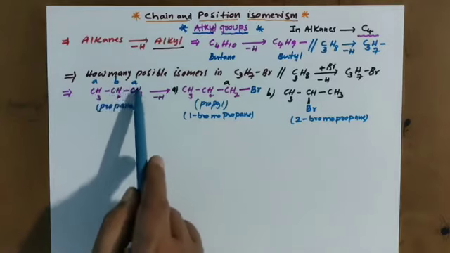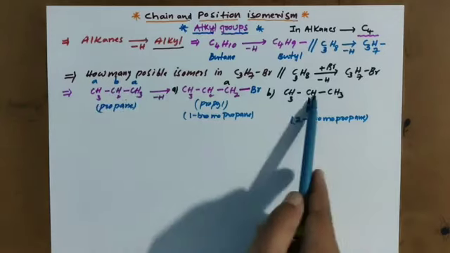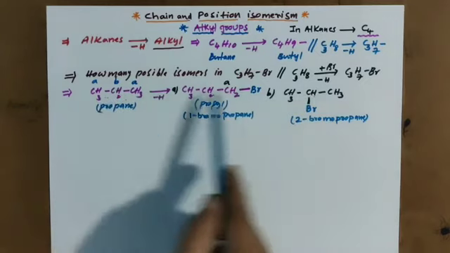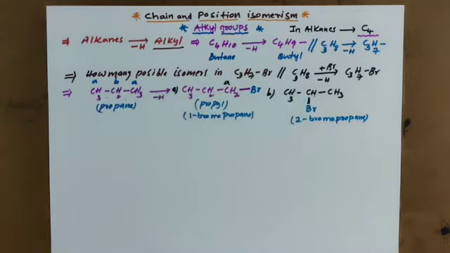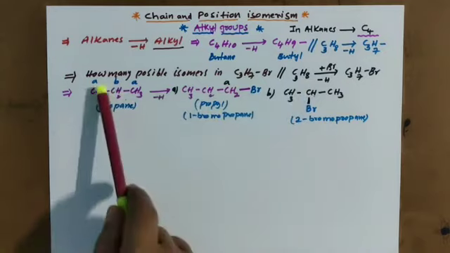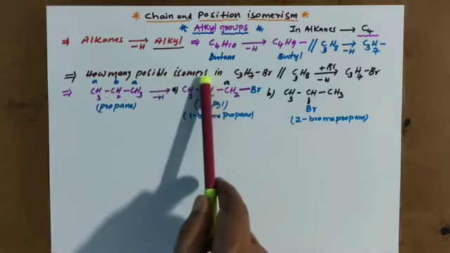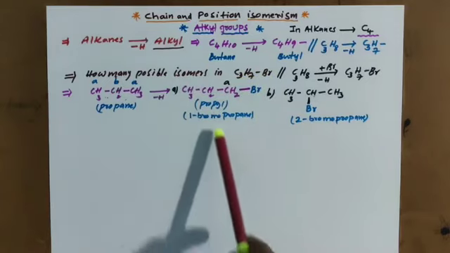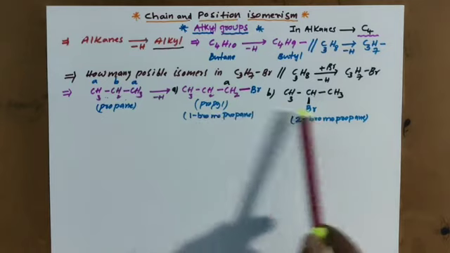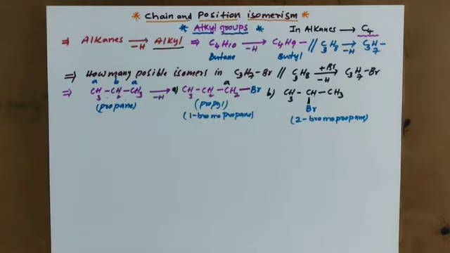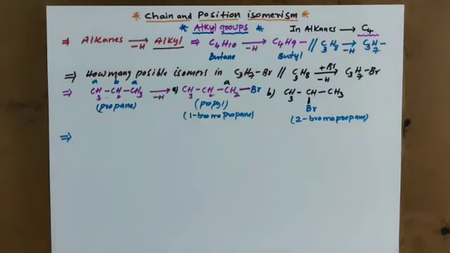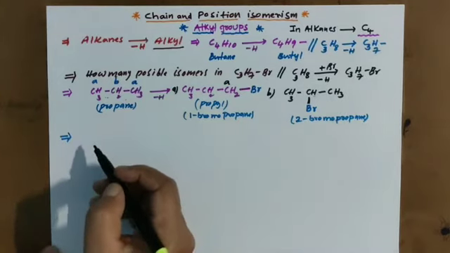If 3 types of carbons are there, 3 isomers. If 4 types of carbons, 4 isomers. If 5, 5 isomers you are getting. So in propyl bromide, if they ask how many possible structural isomers in bromopropane, it is 2: 1-bromopropane and 2-bromopropane. I will explain with a few more examples, then it will be easy for you to get. This time I am taking another question here.